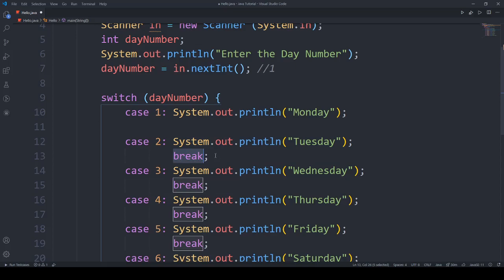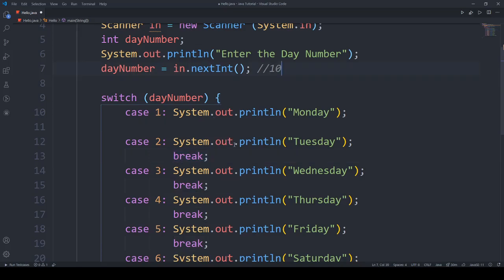And if there is no break statement here also, then it will go down and print Wednesday also. Till the control encounters a break statement, it will continue to execute the next cases on and on.